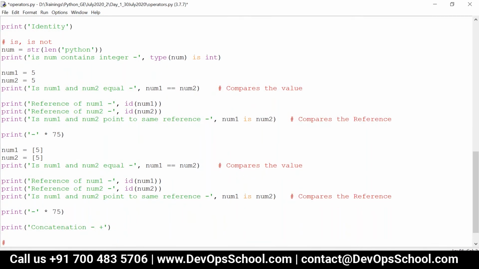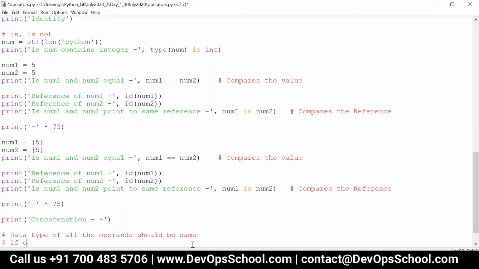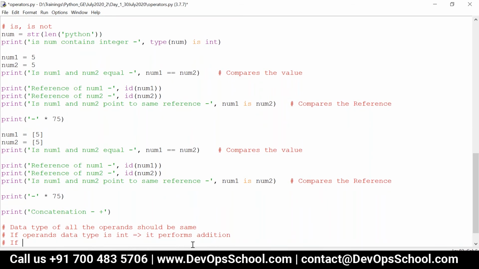Whenever you use the plus operator, the data type of all the operands should be the same. If the operands' data type is integer, then it performs addition. If the operands' data types are non-int, then it performs concatenation.